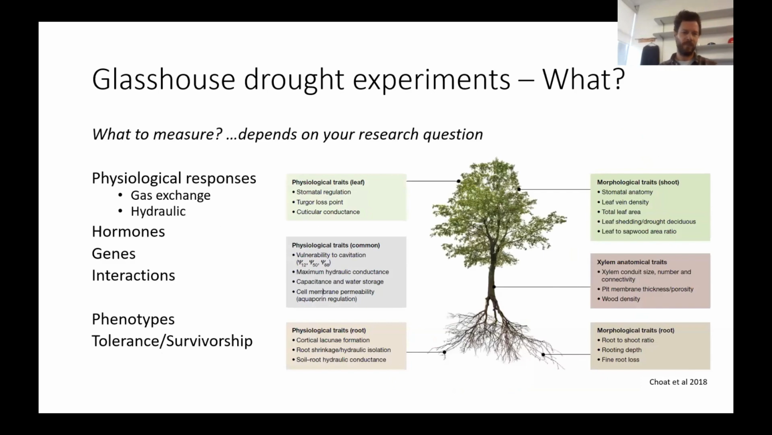What to measure? I'll go through this super quick because you don't need to read all of those traits, but essentially you can measure anything, depending on what you're interested in measuring. What I've listed there from Brendan's paper is a bunch of physiological and hydraulic traits, the type of traits that might influence how plants respond to drought. But if you're interested in hormones and genes and their interactions, you might be interested in different stages of drought